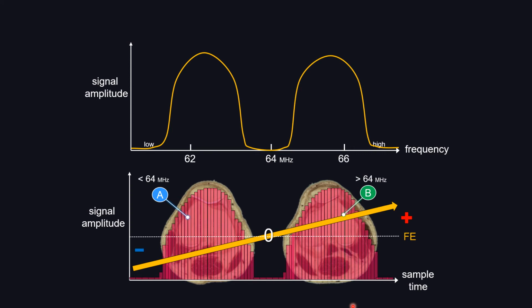For example, proton A is precessing at 62 megahertz. So all the protons that are precessing at 62 megahertz in the same column will be plotted based on signal intensity. At 64 megahertz, that's right on the isocenter where there's no proton, air. There's no signal at 64 megahertz. At point B, let's say it's precessing at 66 megahertz. So all the protons precessing at 66 megahertz will be plotted into their proper frequency, giving you a graph